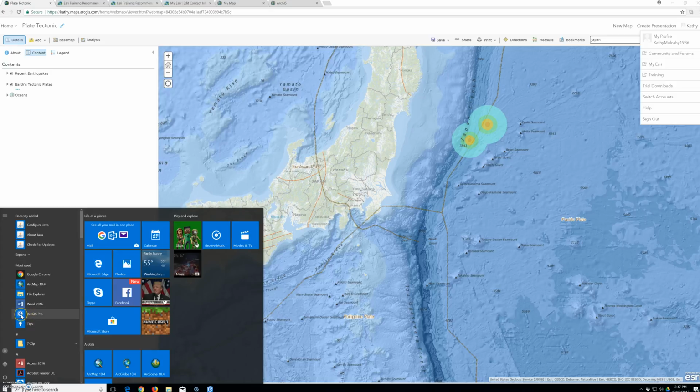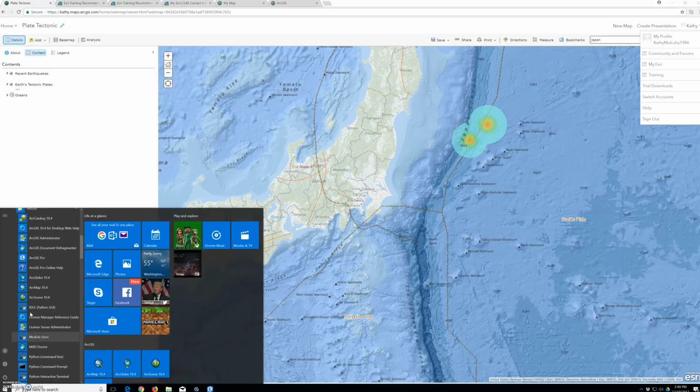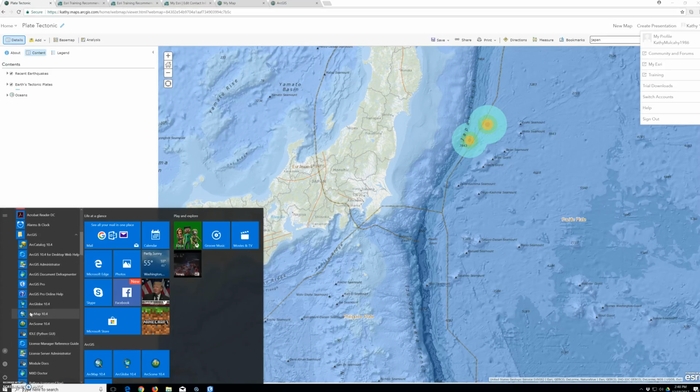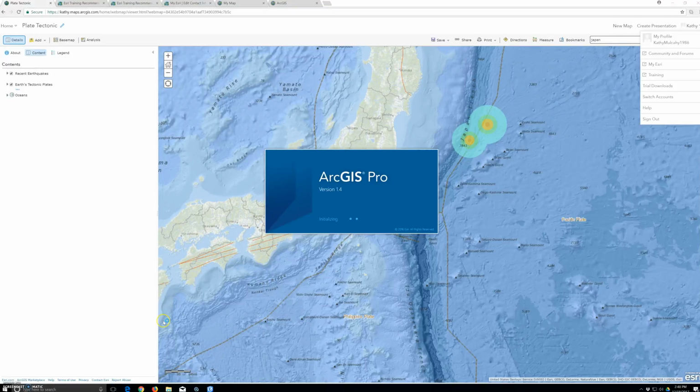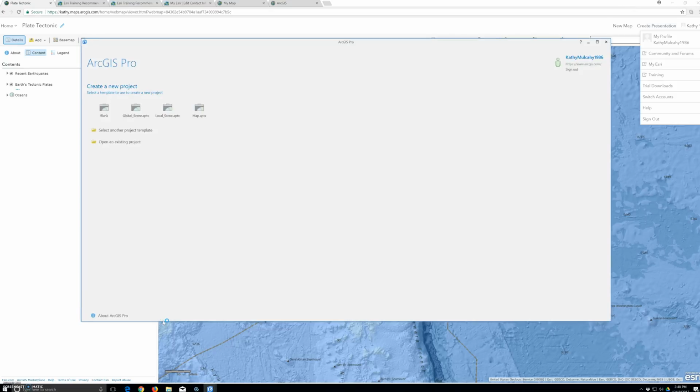ArcMap, ArcGIS Pro, so I can just go to the ArcGIS product. Everything is here. That's awesome. Now, see that everything is configured in my ArcGIS folder. So we're going to go to ArcGIS Pro. That's this icon. And once I click, I already authorized everything, so that's why it brings me to this